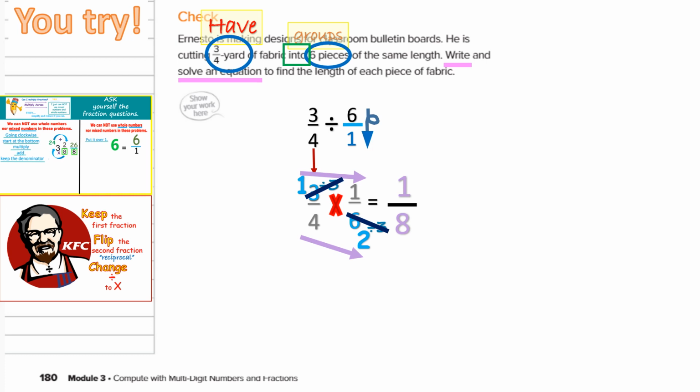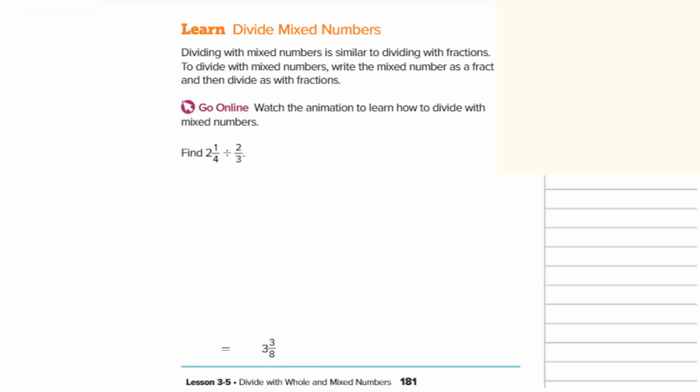Now, it's a word problem, so I have to look for the proper label. It's important that I have the correct label, right? So when I start looking at it, don't get caught up and say, well, it must be pieces, because it asks me to find the length of each piece. Length is a measurement, so therefore it's got to be 1/8 yard as my final answer. We got this? All right, so let's look at some more problems where we're dealing with mixed numbers as well